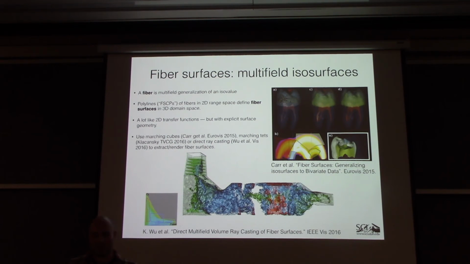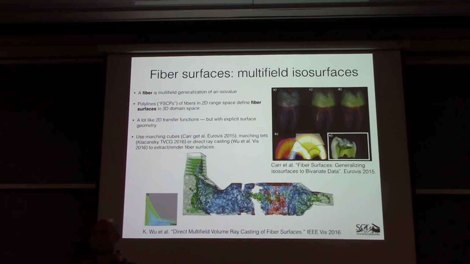The idea here is that instead of a 1D histogram to say an isosurface is good here, or there should be a peak in a transfer function here, you're looking at a 2D histogram, and you're annotating that histogram with polylines, with curves,